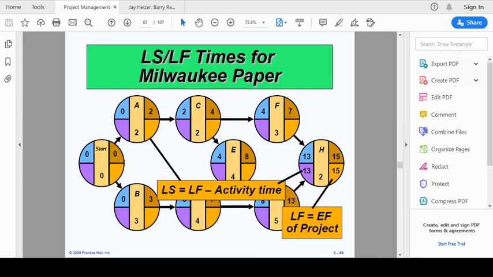G पे आएँ तो हमारे पास इसका EF जो है वो 13 हो जाता है. तो इसका EF जो है बेसिकली